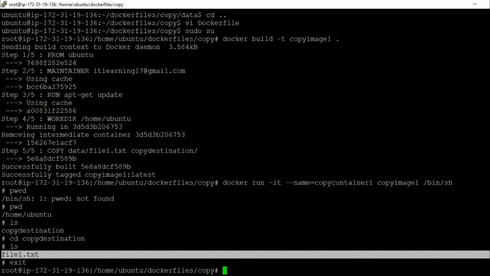And here with this friends we have seen the copy instruction demo in which we copied one file from the host machine to the Docker containers file system. Now friends let us see one more demo where we will try to copy the archive file from the host machine to the containers file system using the copy and the add instruction one by one to see the difference in the results of copying the archive file using these two instructions.